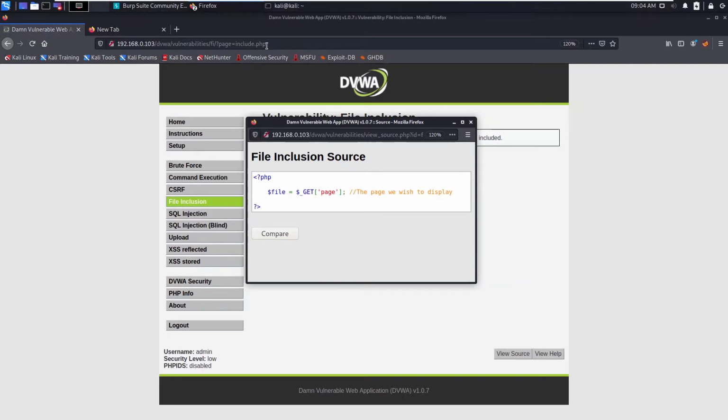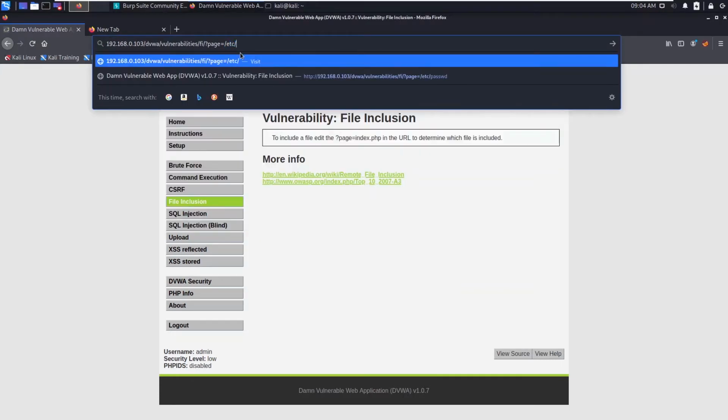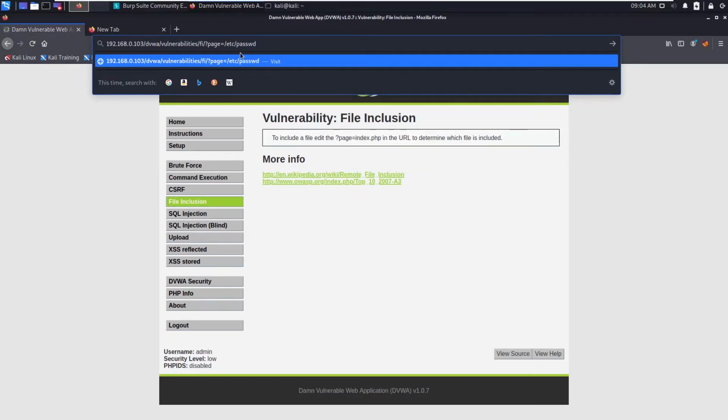That means whatever you include here, another php string will be appended, and then it will be stored in the file variable. If you put /etc/passwd, this source code will add php at the end and send it to be rendered. So you cannot fetch the passwd file.